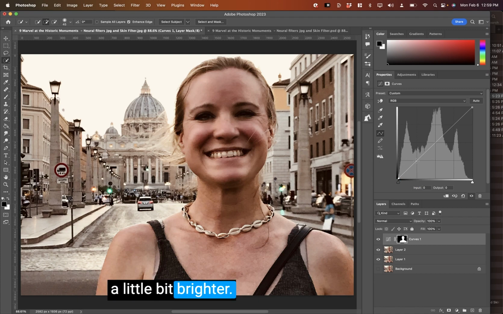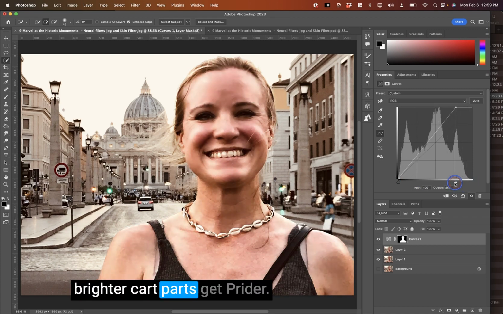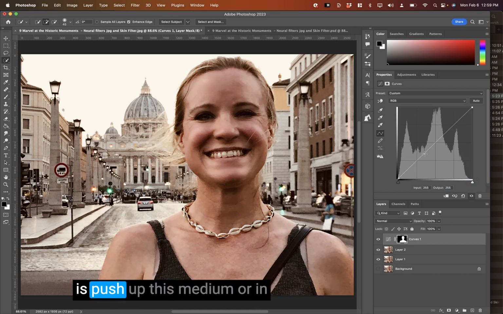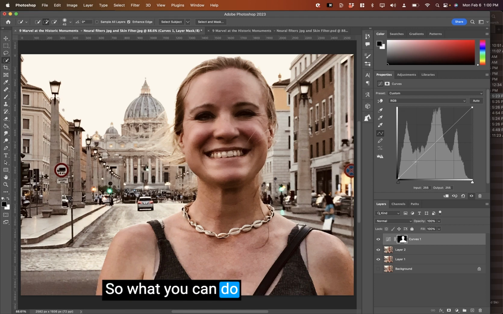I want to make them a little bit brighter. So if I grab this side and pull it down, you'll see the brighter parts get brighter. What I really need to do is push up the medium areas in between these darker areas. So what you can do is click on this little curves layer, and I'm going to push this up a